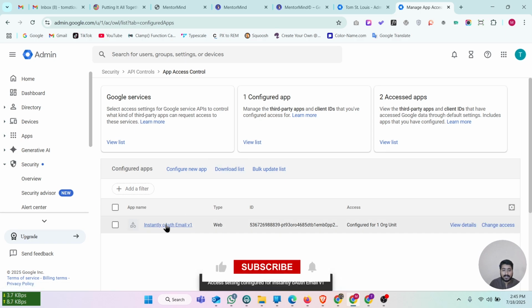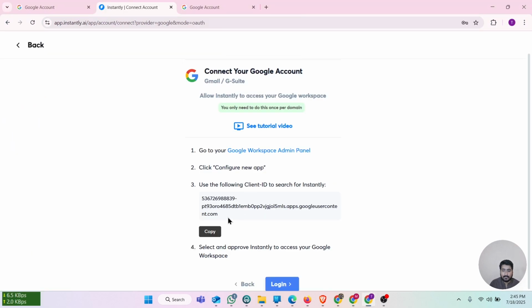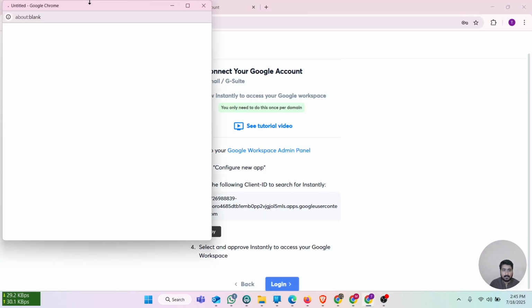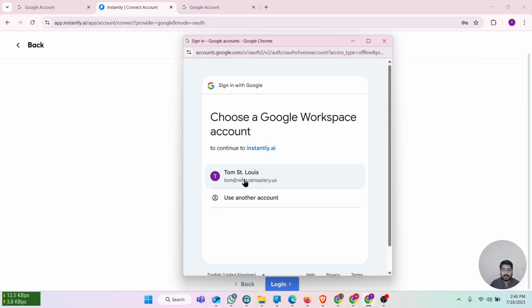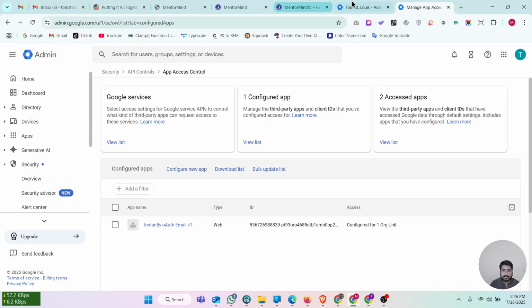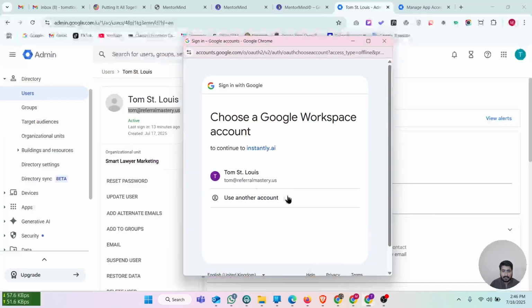I have already added this, so you can see it appears here and you don't see a new entry, and now you have to go to login and then log in with the Gmail account that you want to add. Here you can see I am already logged into the account that I want to use, but in your case, if you are not logged in, then you can use another one. Let's recheck it. This is the user I am going to add. Okay, so it is confirmed.